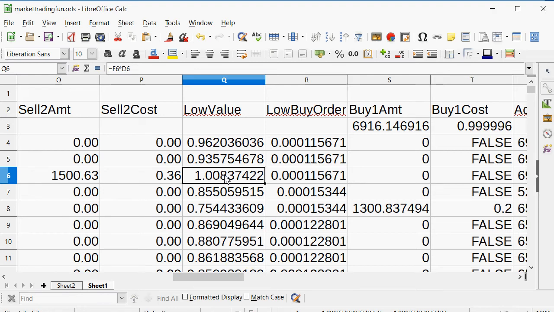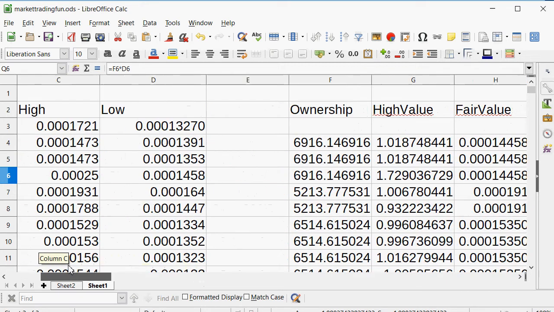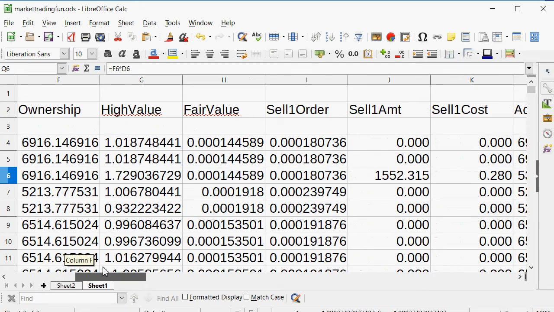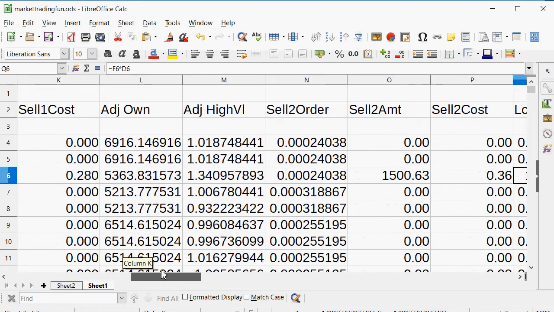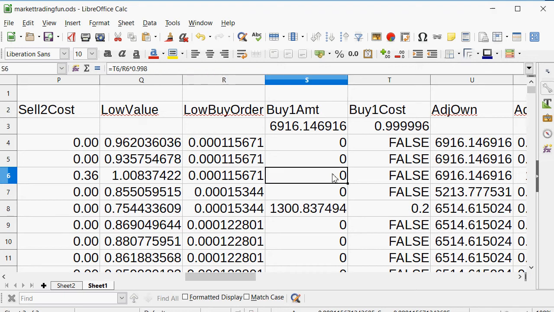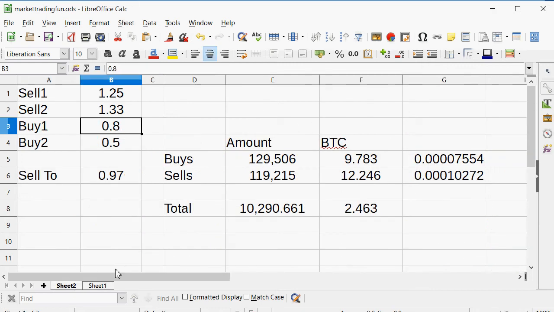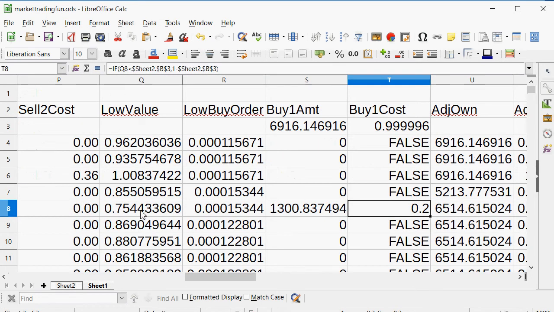That takes the F6 multiplied by D6. So I'm taking the low, multiplied by ownership. The low buy order is in, and of course here's where we get hit. So I do the same math here, as if the price action, and I have this set at 0.8 if this is 0.2. There's the 0.8. So if this number is under such,